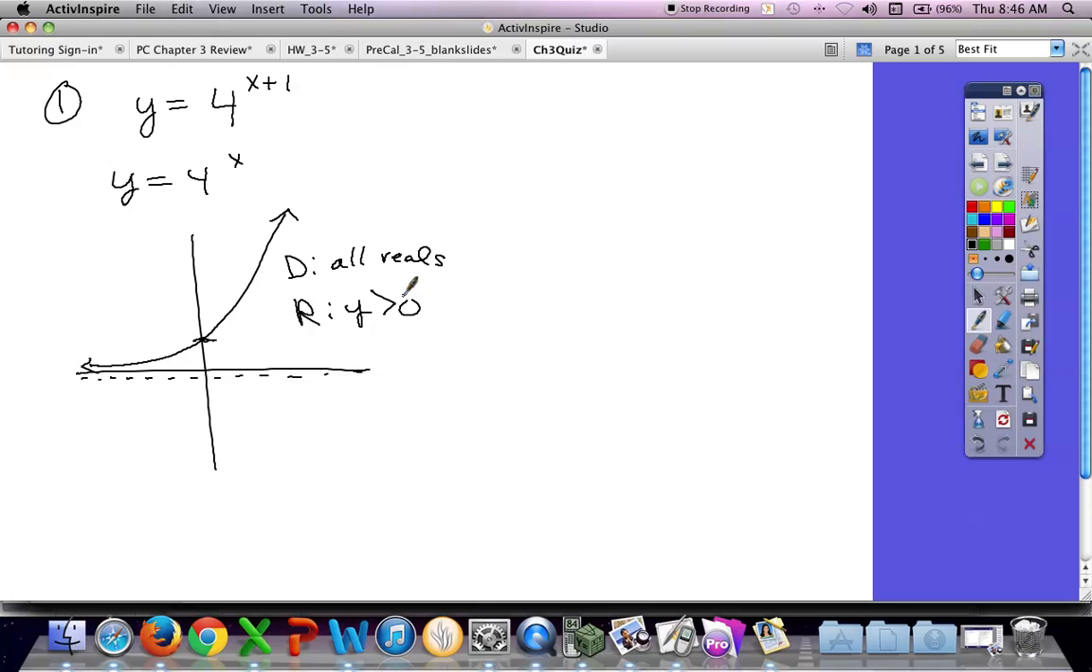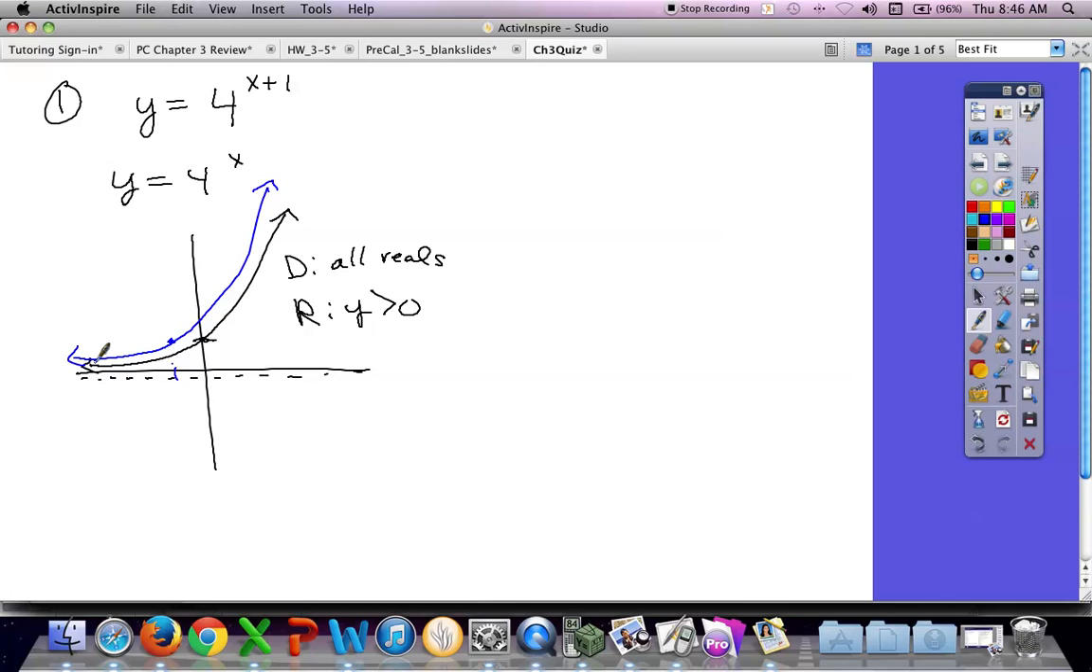Now, our problem, with a +1 inside the function, how does that shift the graph? Does not move it up. What does it do? It moves it to the left 1, right? Inside the function, plus means left. So this graph, I mean, the only point we have for sure is the y-intercept. So if we moved it like that,